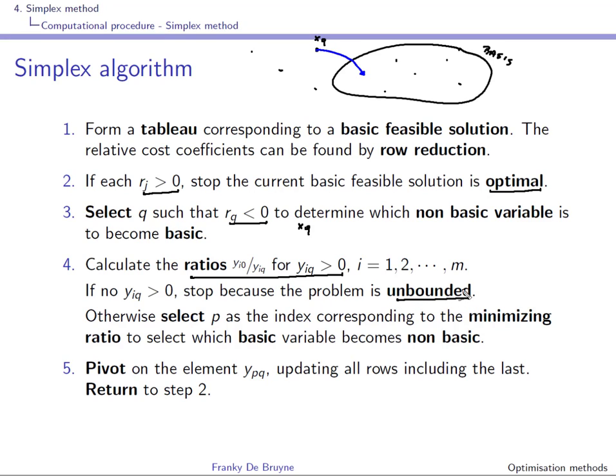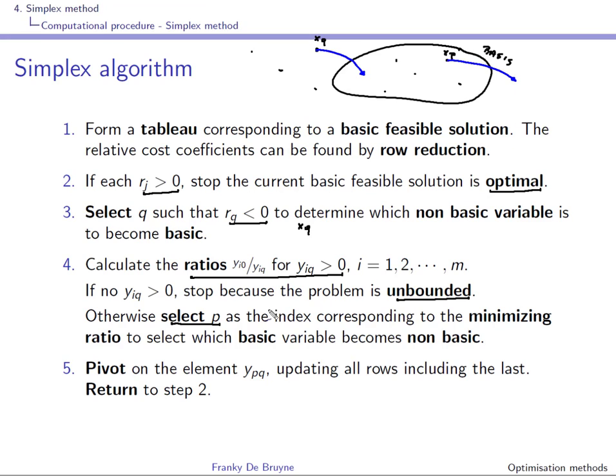But this is not likely, because it would mean that your original problem is not well posed, right? So in general, you can select among those ratios the smallest positive ratio, and this will amount to select an index p, and you will have now a variable xp that can leave the base,